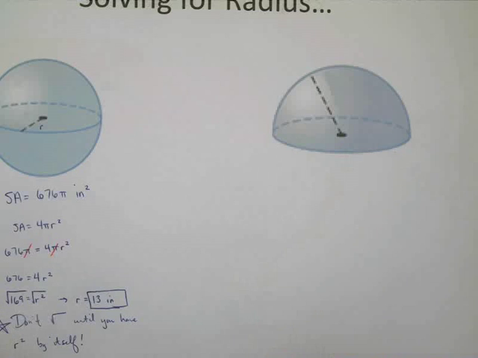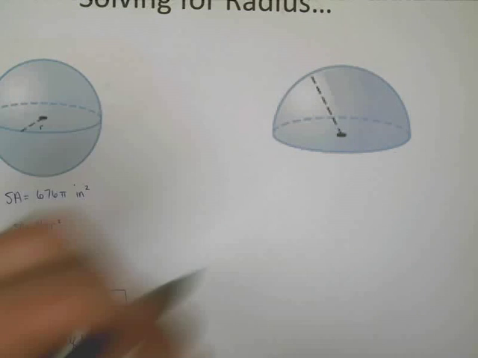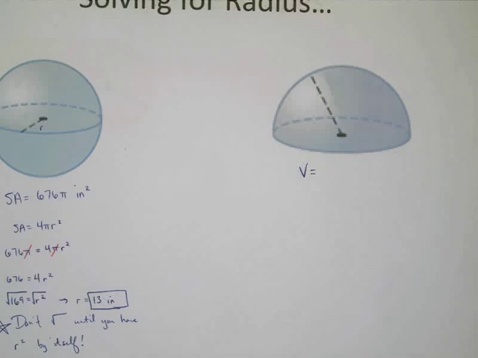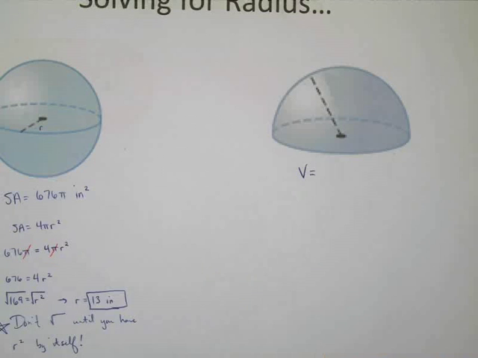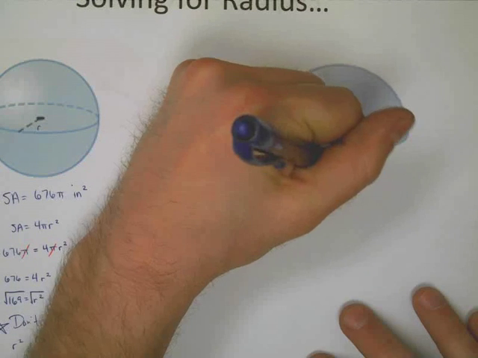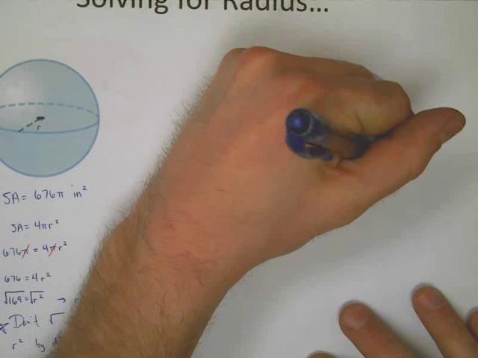We can do the same thing for hemispheres. Let's avoid the surface area, okay? Let's say that I had the volume of this hemisphere. Let me pick out a number here. Let's say that the volume of this thing was 2,250 pi